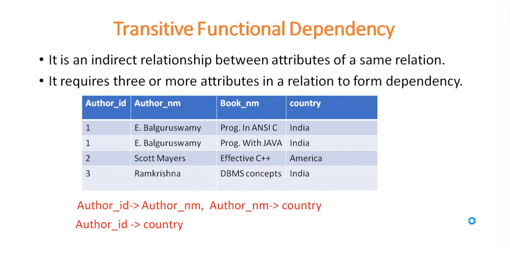So this is all about the functional dependency session. In this session we have studied what is meant by functional dependency, what the properties of functional dependency are, and what the different types of functional dependencies are. When one attribute is dependent on another attribute, then we can say that there is a functional dependency between those 2 attributes.